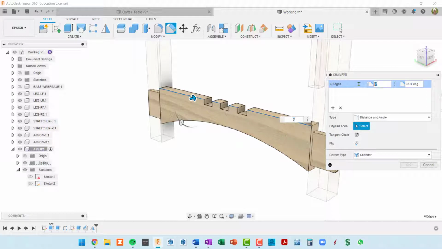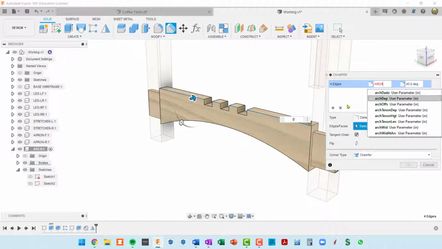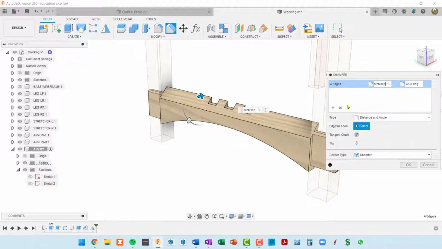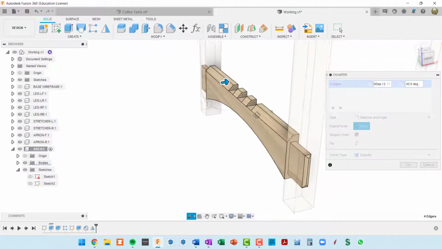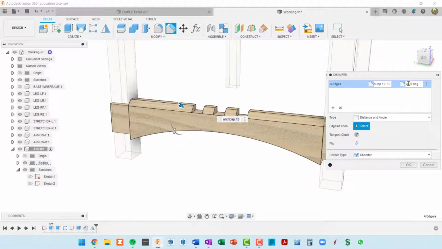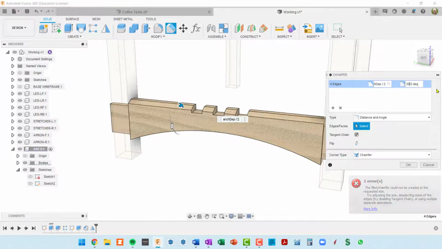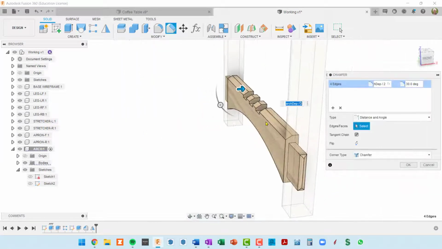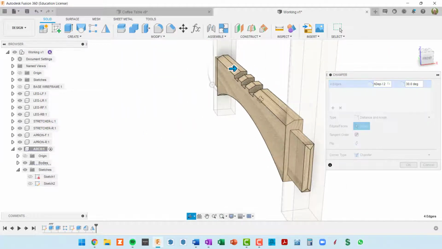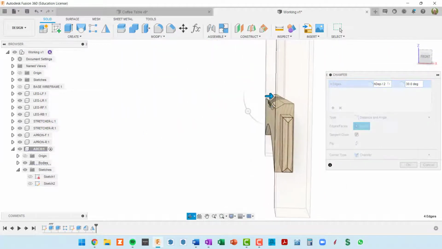And then the distance inward of the bevel is going to be our arch depth. I'll pick that out of the list, divided by 2. Okay, and let's see what we get. Oh, I've got 45 degrees. I'm going to set that to 30 degrees. And then let's just examine that to make sure that bevel looks proper and goes halfway through our piece, which